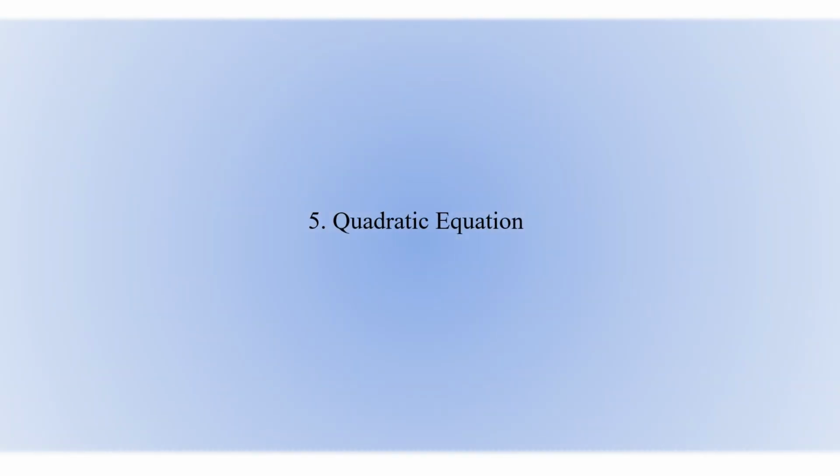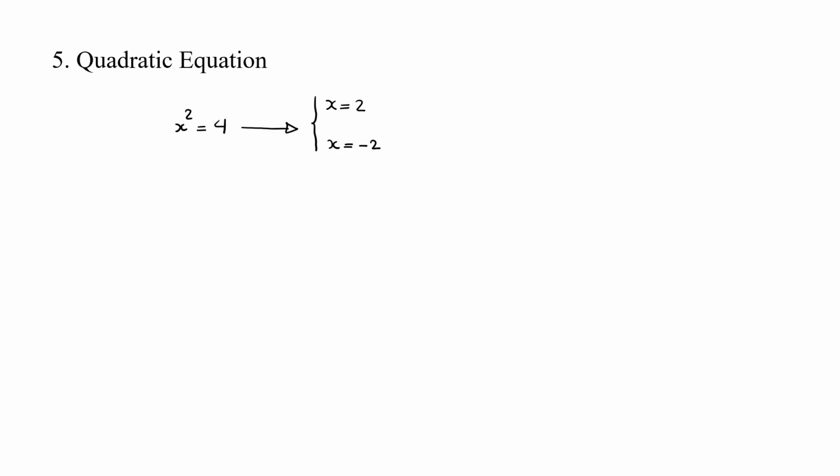And the last mistake is about quadratic equation. When you have x squared equals, for example, 4. Students will write the answer as just x equals 2. But the problem is that x is equal to also negative 2. Remember, 2 answers